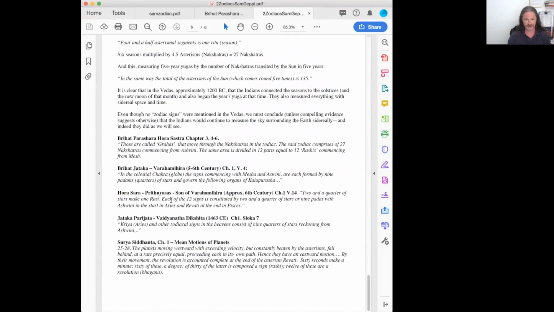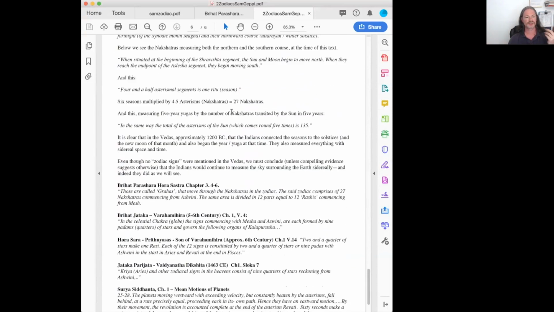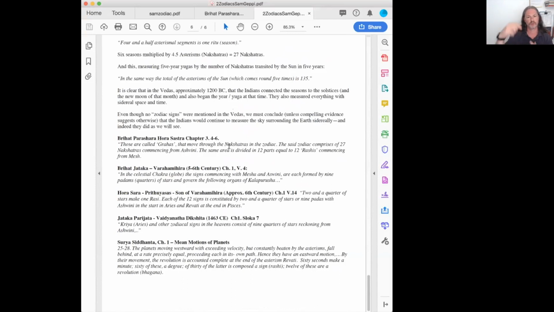And then I have these quotes here from the different texts that show they always maintained that sidereal measurement of the sky. There's one quote from Brihat Samhita, where Varahamihira says, there was indeed a time when the Dakshinayana was in the middle of Aslesha, and then Uttarayana was at the beginning of Dhanishta. Now it's at Cancer and Capricorn. And there's a clear distinction where he refers back to these sections from the Vedanga Jyotisha when he's talking about where the solstices begin in his time, about 400 AD,